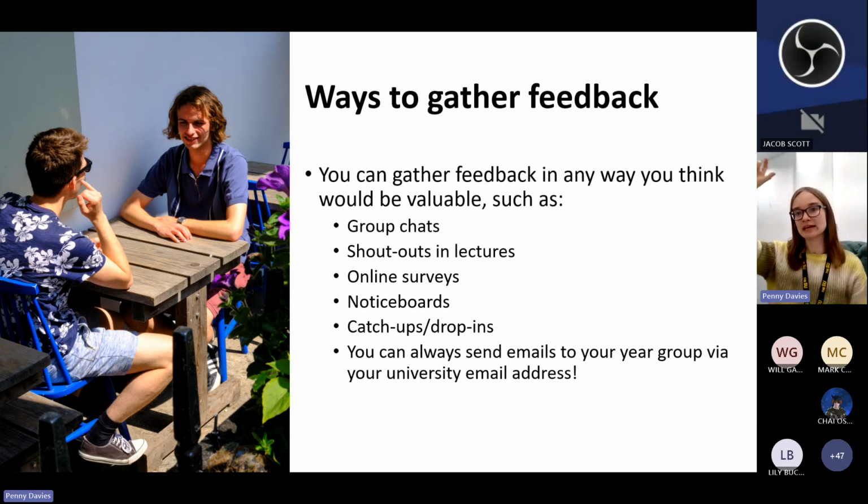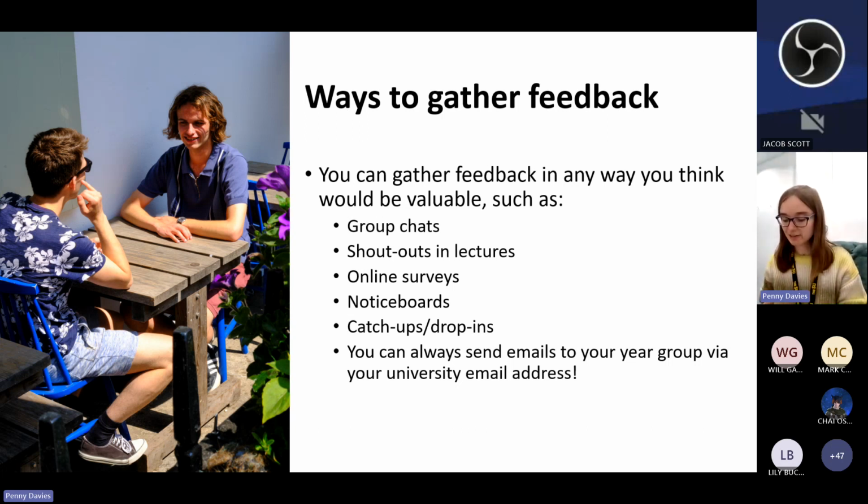If you see a notice board that says student reps Falmouth over it and some blue logo stuff, that's incredibly outdated student union branding. But it's a notice board for you, so feel free to post any QR codes on it if you want people to scan them to collect feedback.